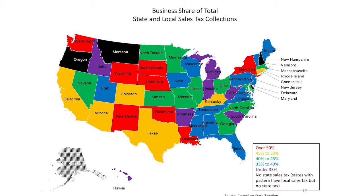Mainly because it's very difficult to separate the business inputs from non-business inputs. It depends on how things are used. They can be used either for an individual or for a business, and we don't always know that fact. But West Virginia is under 33%, and other states in that same mold include Idaho and Michigan and Indiana and